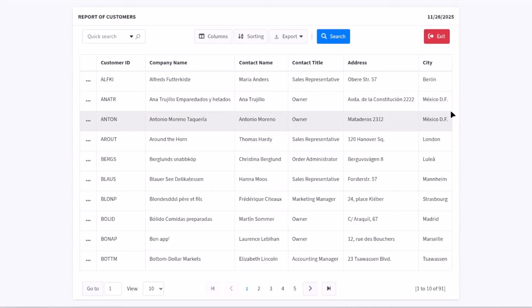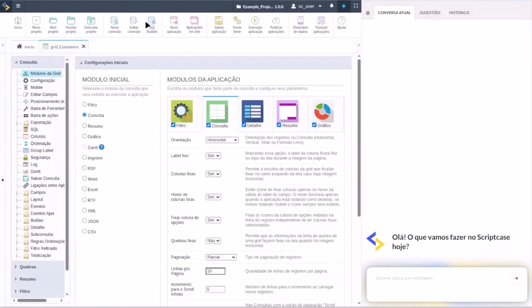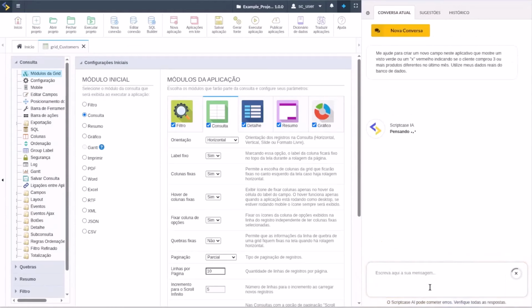He's going to add, for example, this table, you have the historic of sales, and he's going to create a field to see if there are more than 3 sales or less than 3 sales for each customer, and we'll apply a check mark or